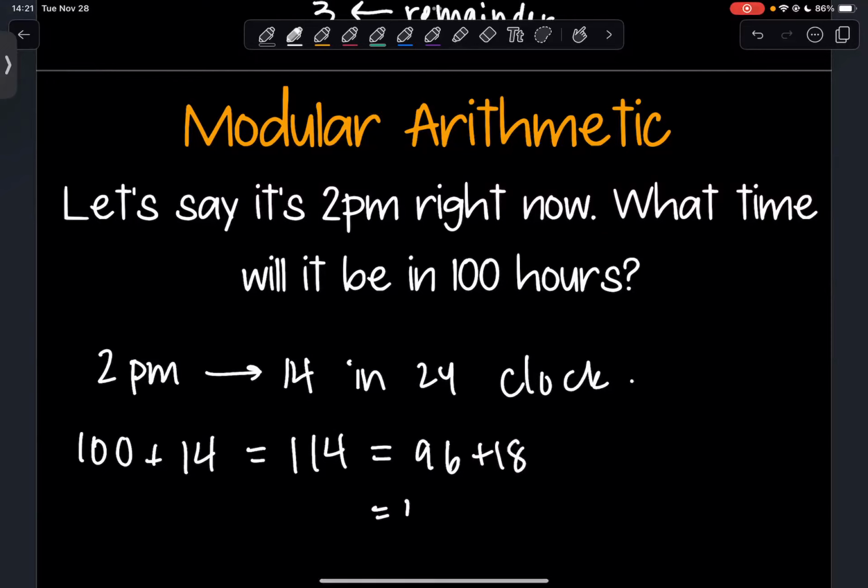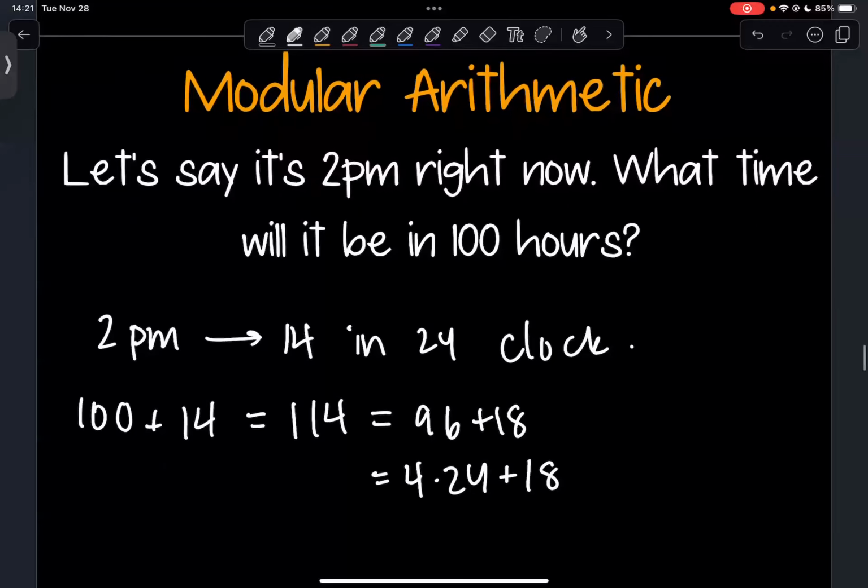And this is the same as 4 by 24. Please check my arithmetic here. I did this before, but just in case. So here I'm seeing I can pull out 4 copies of 24, and I get left over 18, which is less than 24. So if I actually had done the long division, I would have seen that after doing 114 over 24, I would get remainder 18 here. So when I'm thinking mod 24 or 24-hour clock, this is 114 hours later, is really saying 18 o'clock.